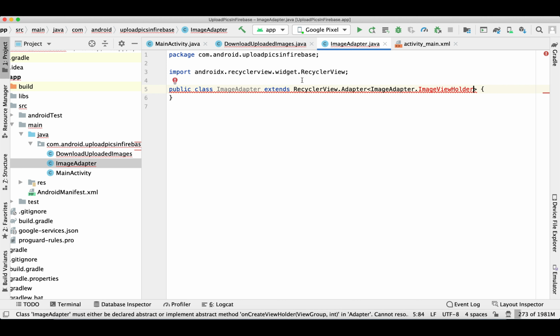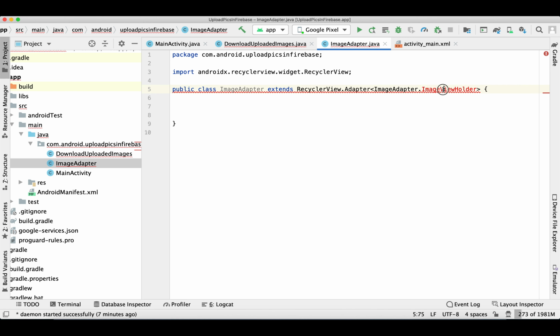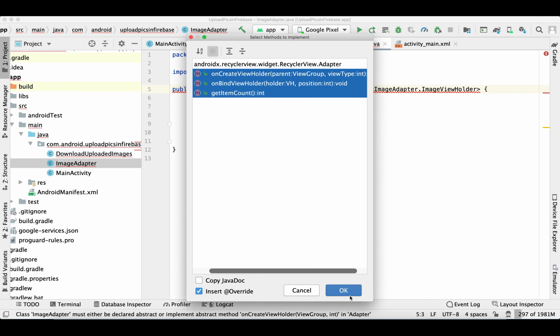Image view holder will be the static class which I'm going to create now. Now let's override our three functions.